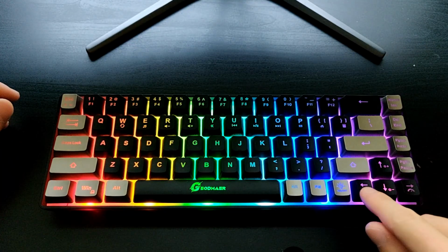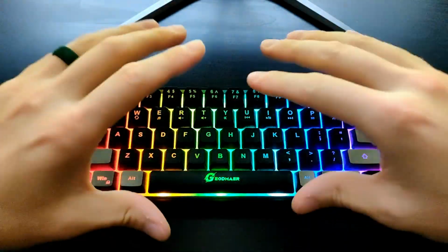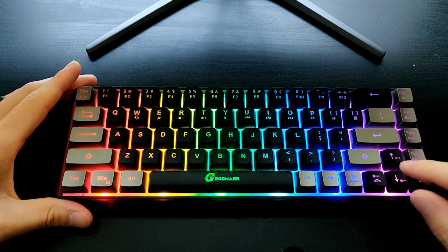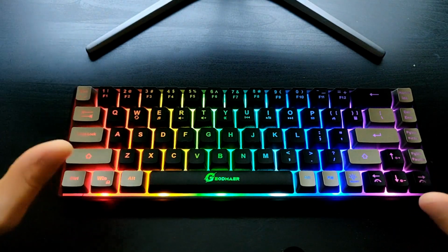And then over here they have a feature called breathing. So the keyboard, the lights will get brighter and dimmer, and you can adjust the speed that happens with going function left or right. And it is a 60% keyboard,